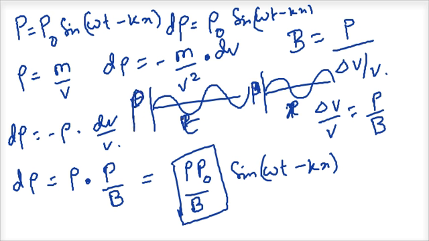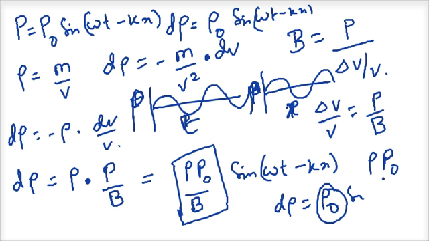Or it can be density also, there is no problem, just that the amplitude will be changing. How are they related? d rho is equal to rho naught sine whatever, and that rho naught is equal to density into p naught by B. This is how it is related. Okay, so I hope you are able to understand.